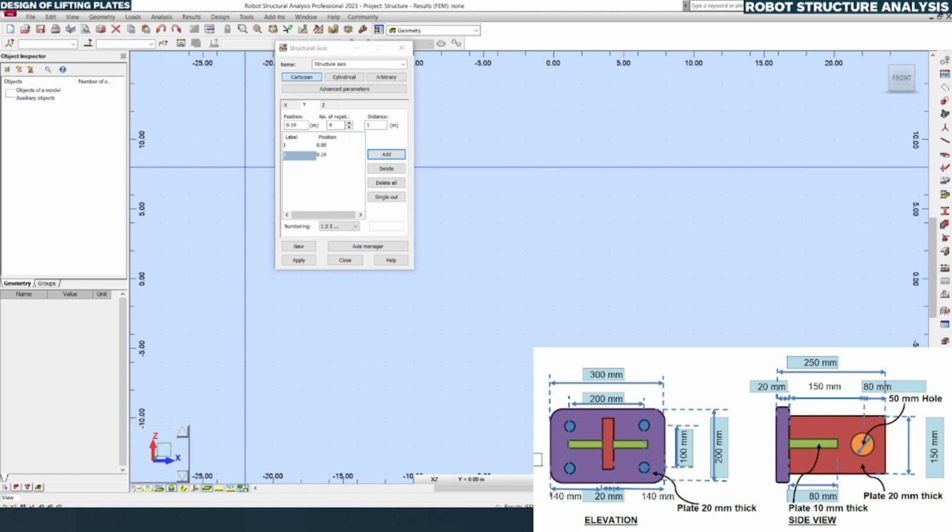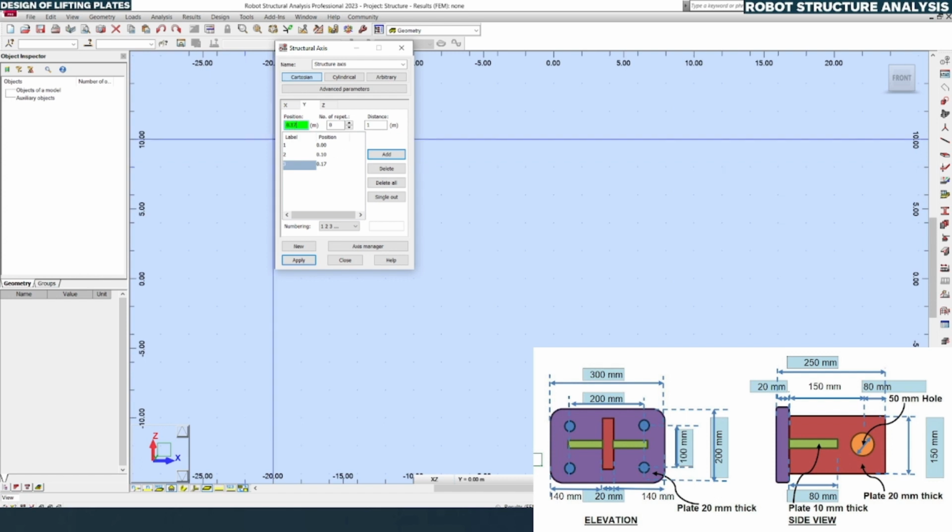You can see in the purple plate thickness in the top side view it is 20 mm. 20 plus 150 mm, so totally it is 170. So that will be the grid line for the whole center. So 0.17, we are adding another grid line. And finally the edge of the red color plate, which is total length 250. So that we are going to enter here